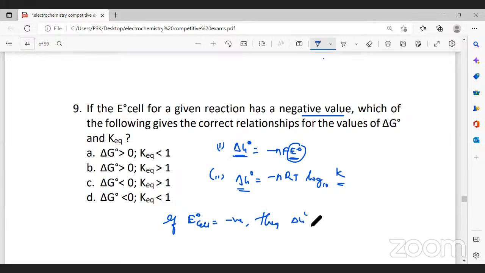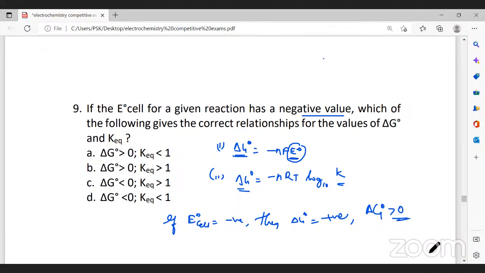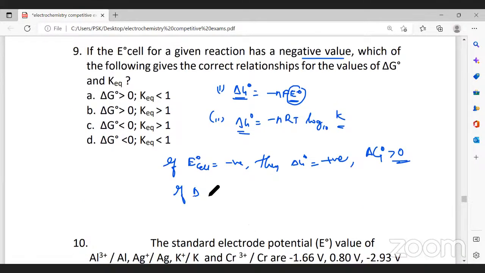delta G naught will be equal to what? Positive. If this value is negative and there's a minus sign, negative into negative becomes positive. That's why delta G naught is positive. When delta G naught is positive, it means delta G naught is greater than 0. Now, similarly, if you observe, if delta G is positive,